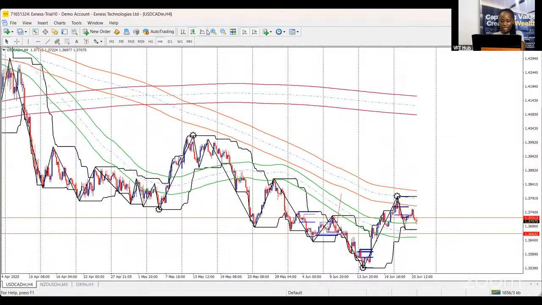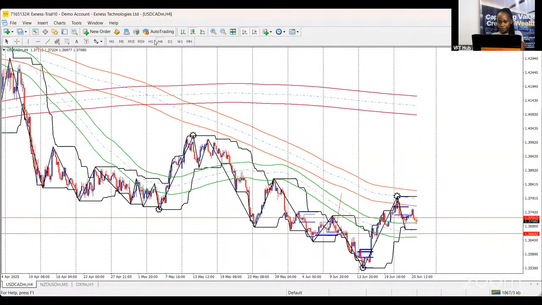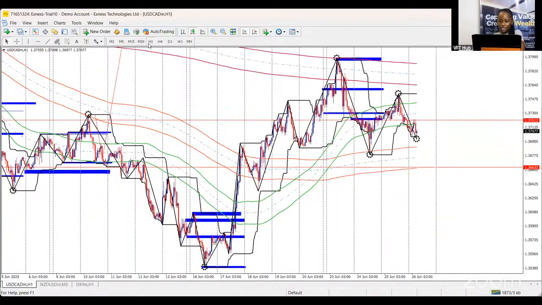We're looking at USD CAD on the H4 time frame. Predominant structure is still heavily to the downside. On the 1 hour time frame, price broke through a zone, retested, and it has continued to sell off, right? So now that I've seen this and I'm looking at no sunshine being printed on the H4 time frame, we are now watching to see if it's going to keep selling all the way down to 1.36632. So we're going to keep watching to see if it goes all the way down there.